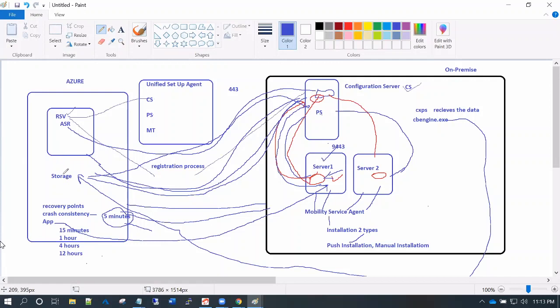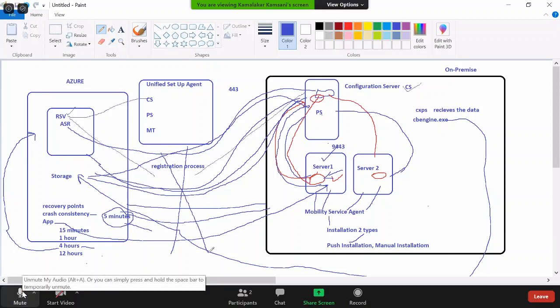If you think everything is working fine, then you initiate the commit option. When you commit, only the recovery point you have chosen to fail over exists. The remaining recovery points will be removed, and then there will be only one option, called complete migration. If you click complete migration, the replication will break, and you will have your servers on Azure. Clear? Yes, clear.